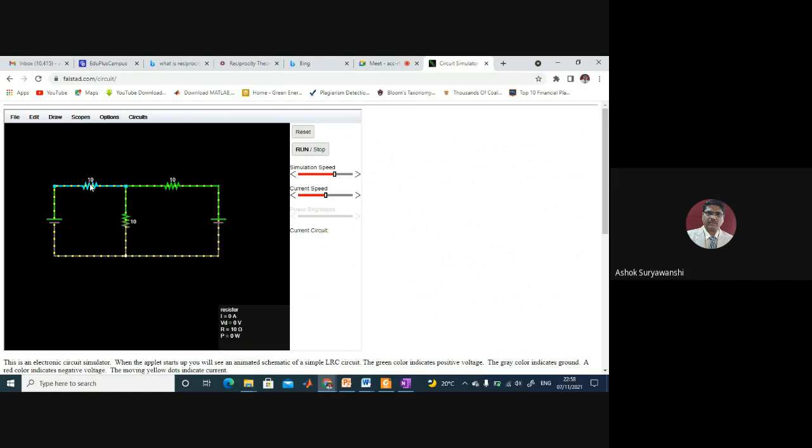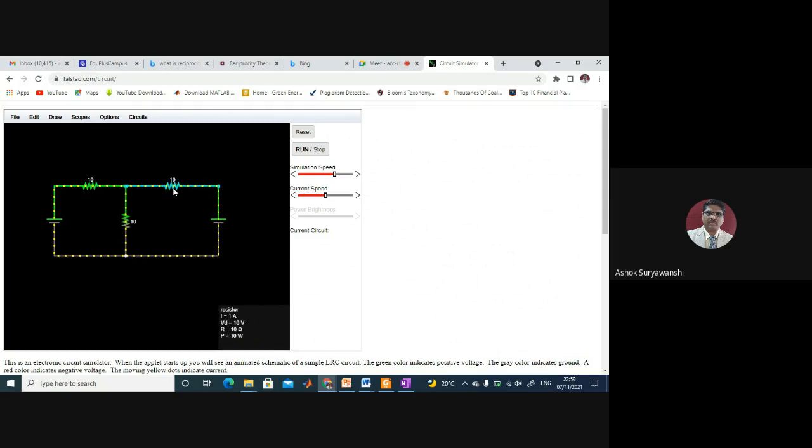Now when the voltage across the 10 ohm is 0 volt, it means the voltage across the middle 10 ohm resistor is 10 volt because this 10 volt battery is coming across that. So you can just try to understand this particular meaning of the circuit right now. Then value of that resistance is 10 ohm and power dissipated is 0 watt because there is no current flowing through that resistor.